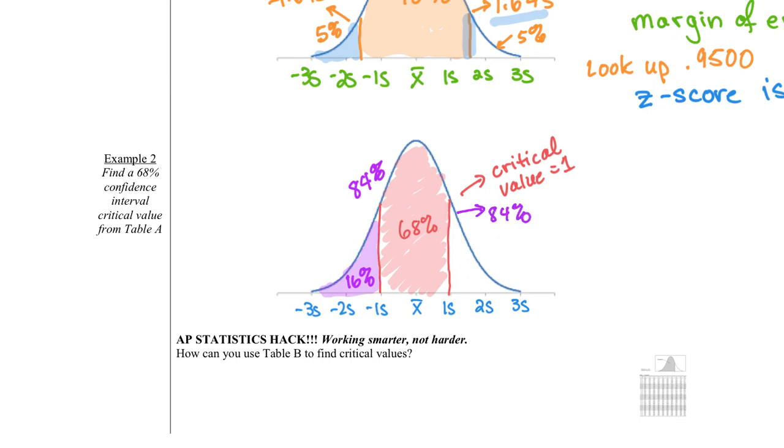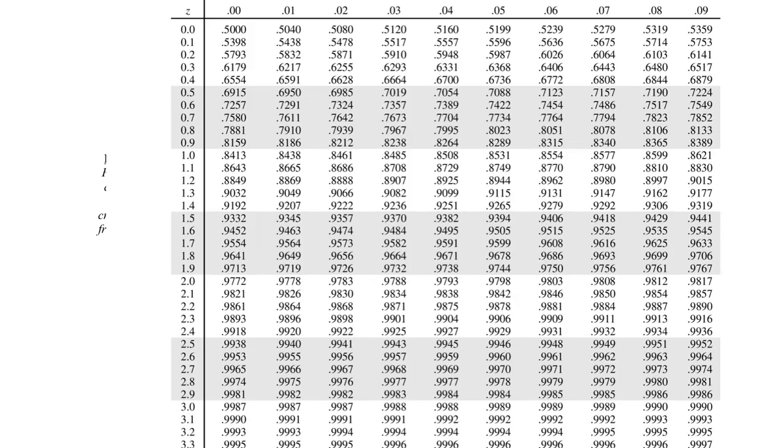So that's what we're going to look up: 0.84 on our z-score table. We're looking for 0.84, or the closest number to 0.84. It looks like I've got two numbers that are close. Here's where it switches, 0.8413 and